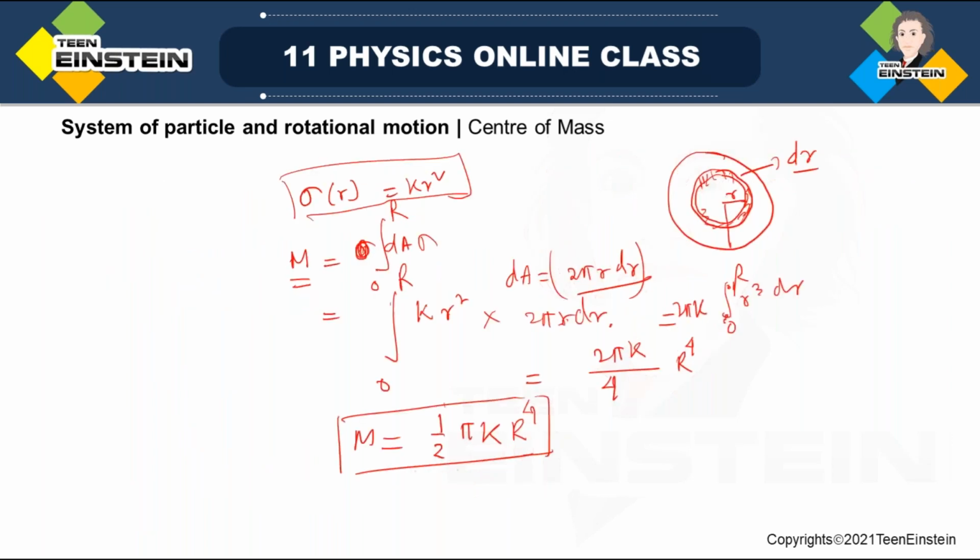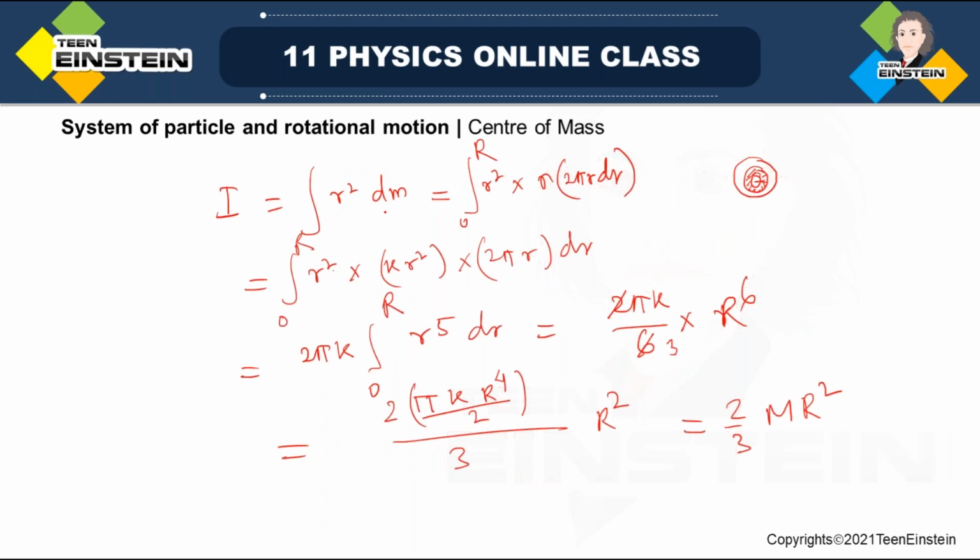So you have to first find out the total mass of the disk, then you have to write r square dm and integrate from 0 to capital R to find out the moment of inertia. Think of an elementary disk which has radius r and thickness dr, and if you sum over all such disks, you get the moment of inertia for the whole disk. Okay,